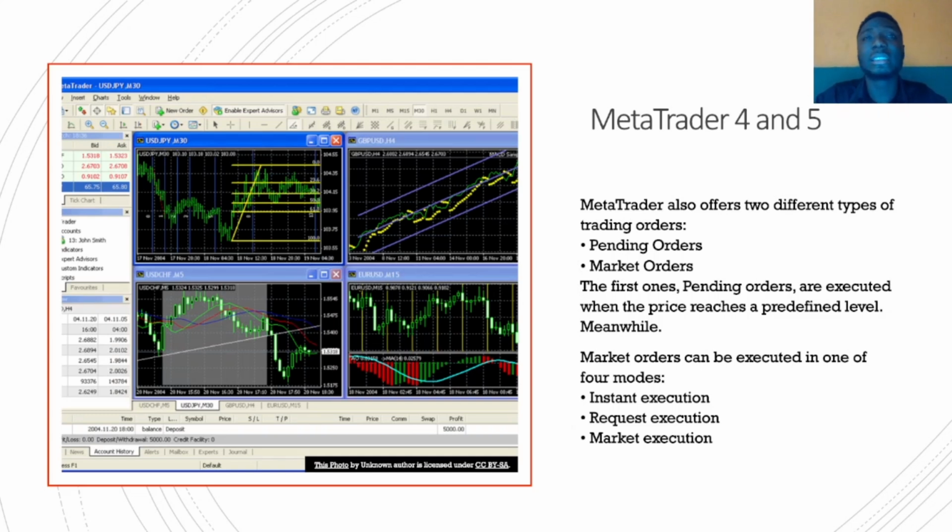Let's say now I know that the price of oil wants to push up to, let's say, $100 per liter, and I know immediately, somebody's always saying, okay, start buying it now. I can place that position on my Meta 4 or Meta 5 instantly. But let's say the price of oil is at $100 presently, and I'm sensing that it is going to push down to $50, and I know that it's still going to return back to like $200. I can set a pending order that, as soon as the price gets to $50,